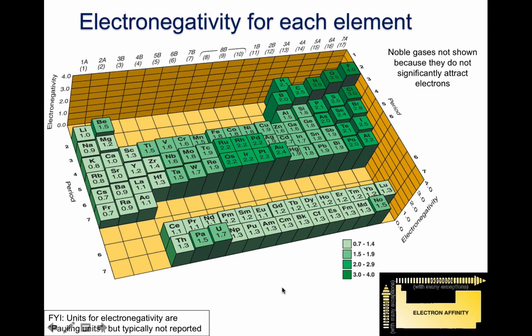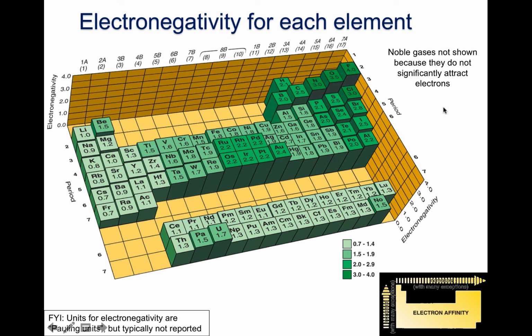We can assign a value for electronegativity for each of the elements. Fluorine has the highest electronegativity, and as we move away from fluorine, the electronegativity is going to decrease. In this diagram, the noble gases are not shown because we know that noble gases, based on their electron affinity, do not significantly attract electrons. Additionally, noble gases don't really participate in chemical bonding, so we aren't really concerned with their electronegativity. But for all other elements, they do participate in chemical bonding, so knowing how the atom attracts a shared pair